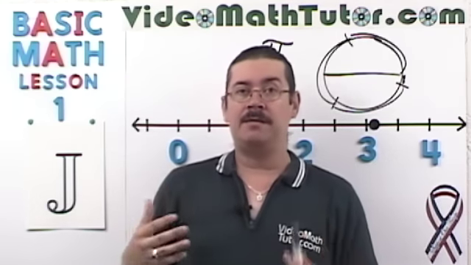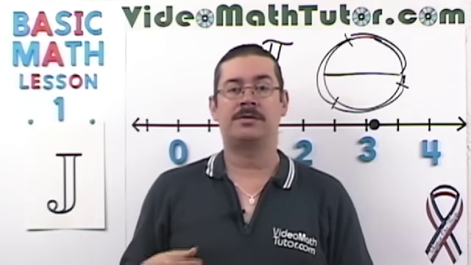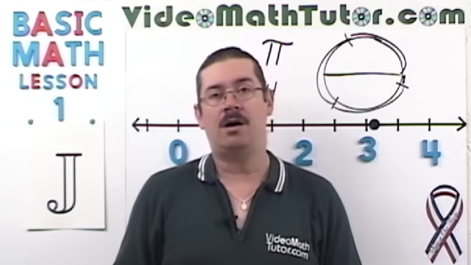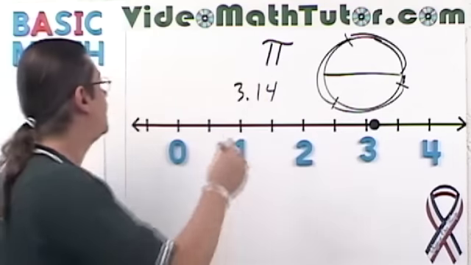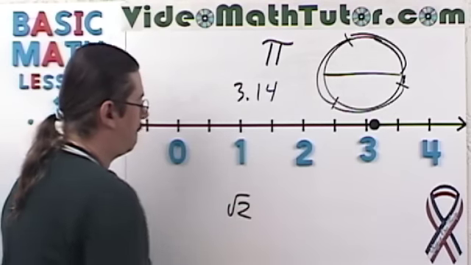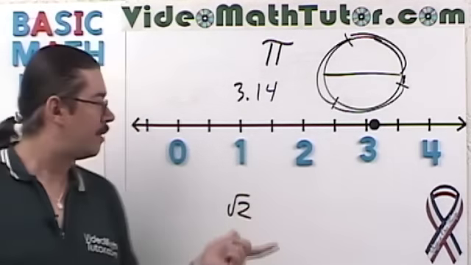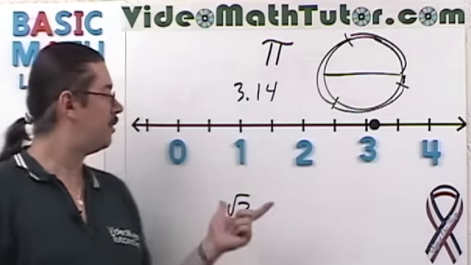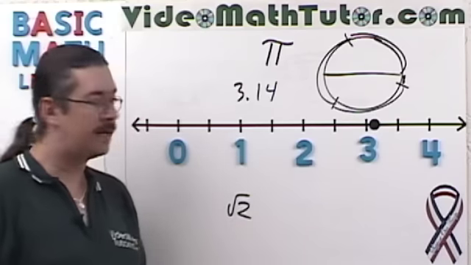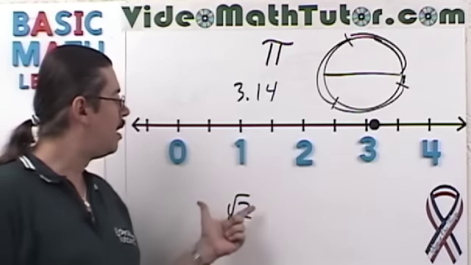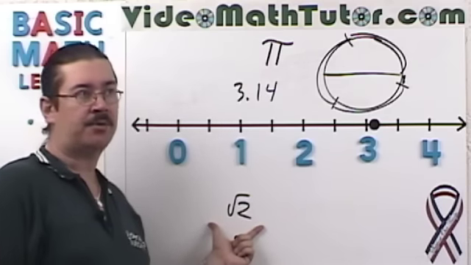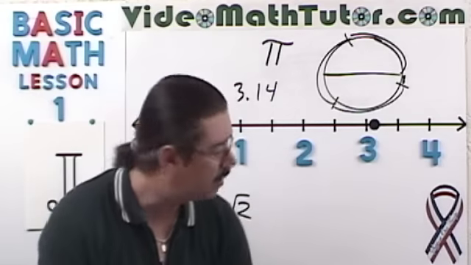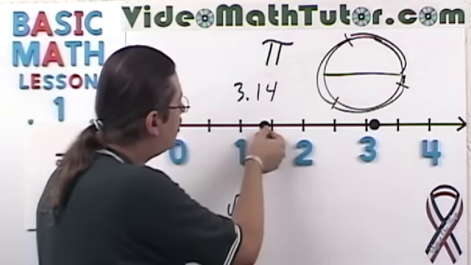Well, if you've encountered what I call radicals, like square roots and cube roots, most of those are irrational numbers. An example of that is the square root of 2. Again, if you have not seen this type of notation, I will cover that in another lecture. But if you have, great, you're going to get a good idea of where this is located. If you punch this on your calculator, you're going to get approximately 1.4 something. And that's going to be some point on the number line, let's say around right there or so,